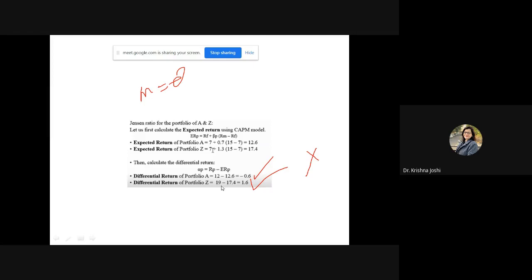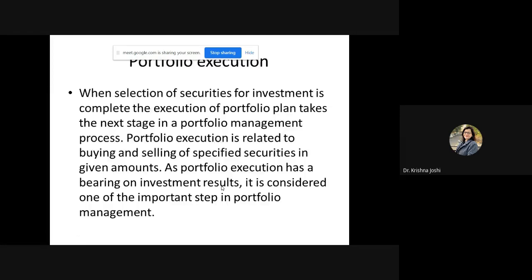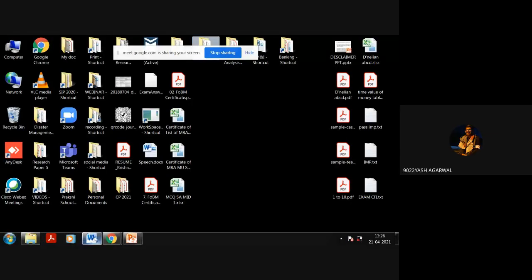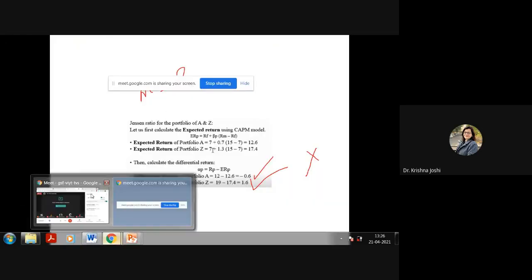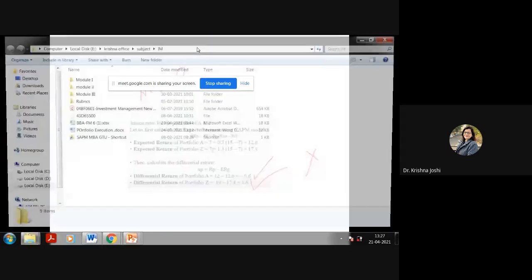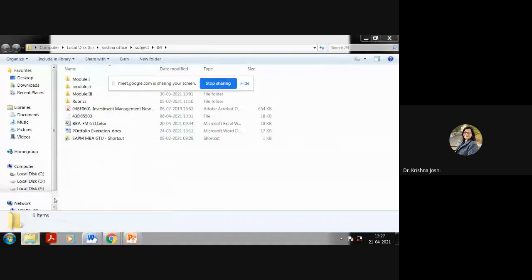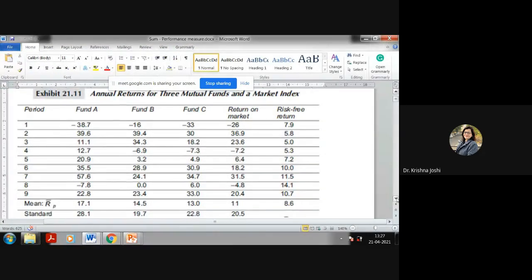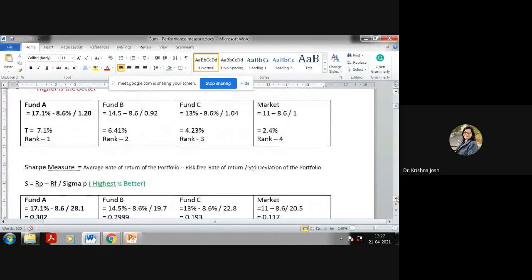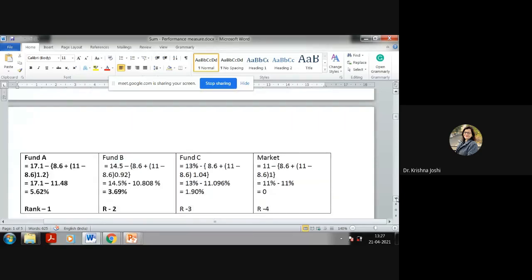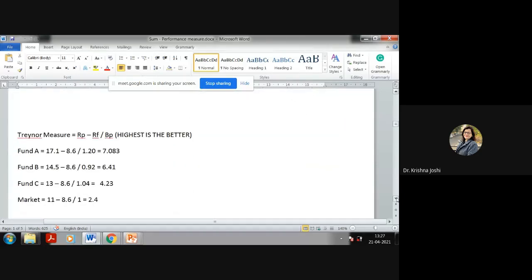All of you are getting the same answer? Yes or no? Please confirm. Yeah, okay. So this is the question we wanted to calculate. One more sum, let us calculate. This is what we calculated yesterday. Sharpe and Jensen alpha have been calculated. The next sum is